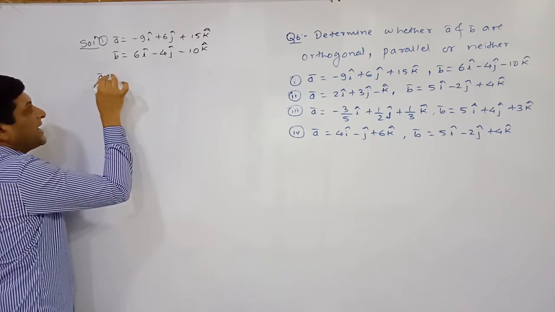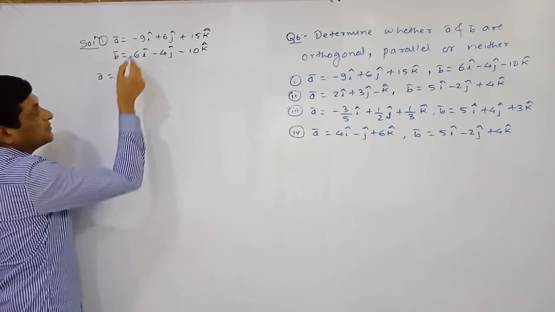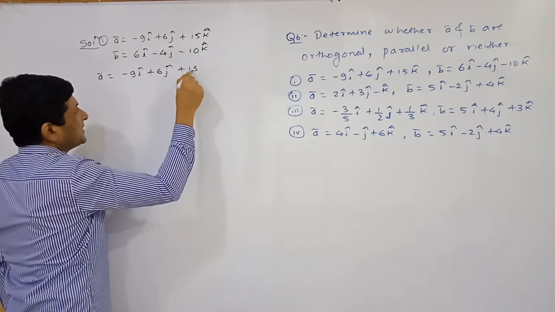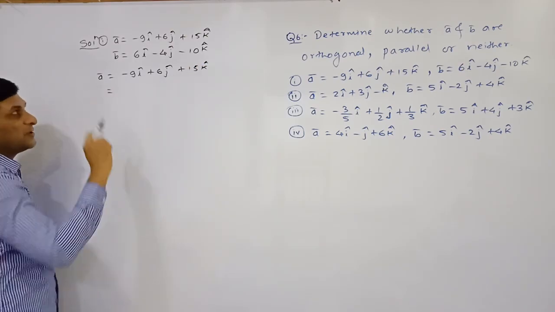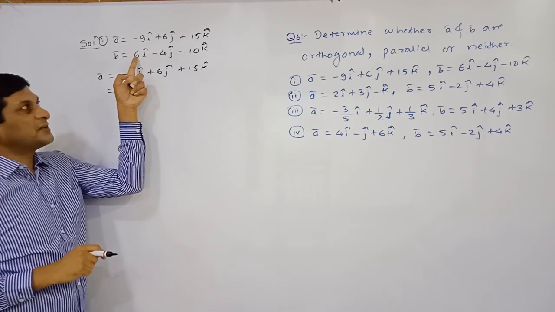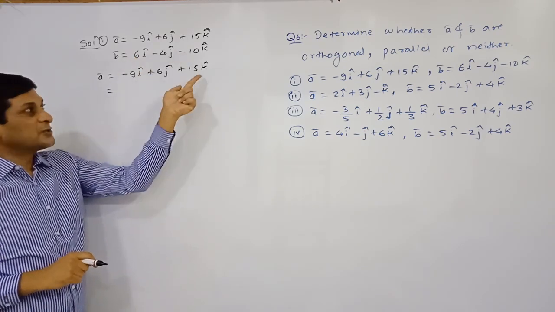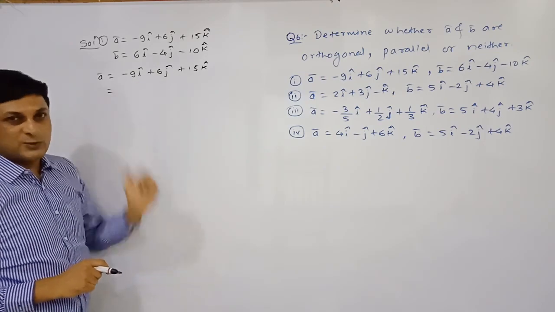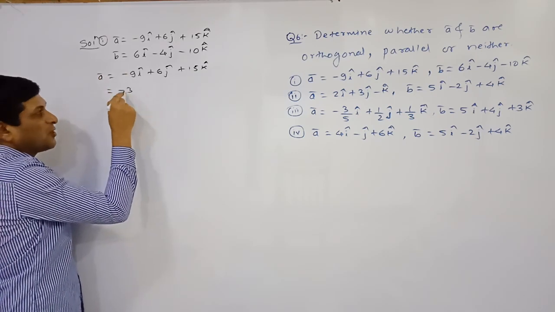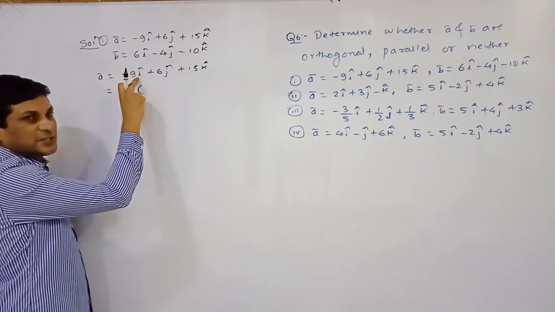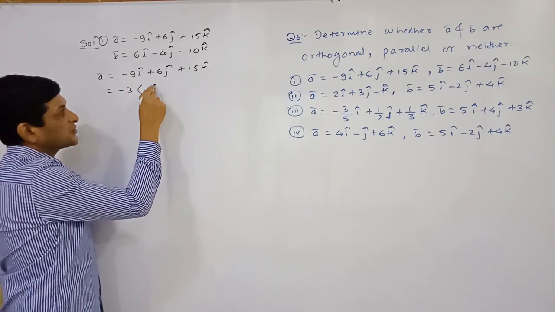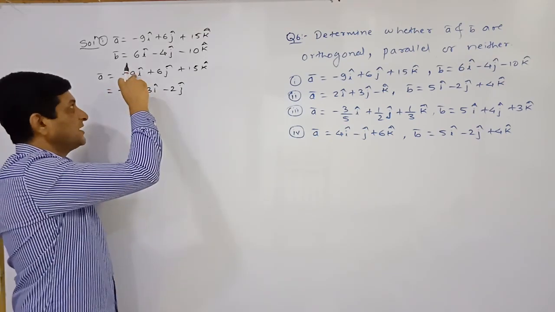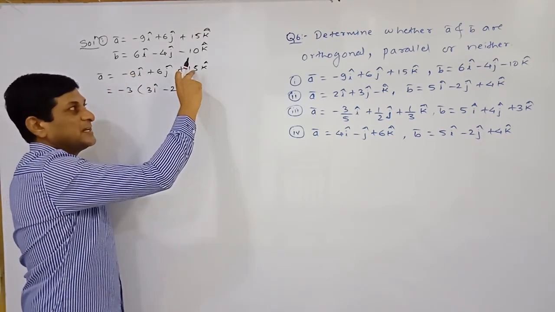So first consider vector A bar. So therefore A bar is equal to, what is the value of A bar? Minus 9 I cap plus 6 J cap plus 15 K cap. It is given to us. So which is equal to, now I am taking here, if you observe, the first term is positive and the remaining 2 terms are negative. So that's why I am taking minus common. If you observe these 3 terms, we are able to take 3 also common. Means in short, we are taking minus 3 common from all the terms. If we take minus 3 common, what will we get here? 3I cap. So here minus 2J cap. Whenever we take minus common, the sign will get changed. So this negative term will become positive, positive will become negative, and positive will become what?